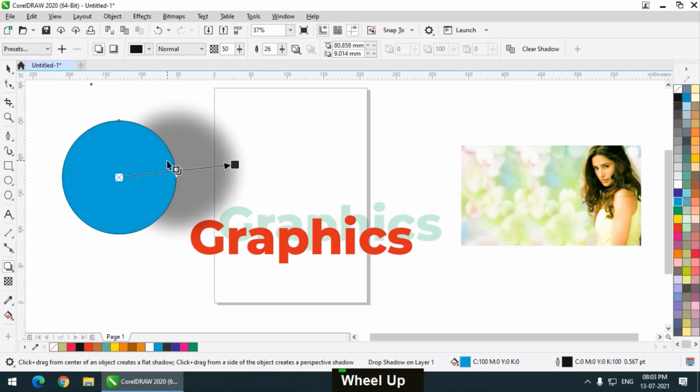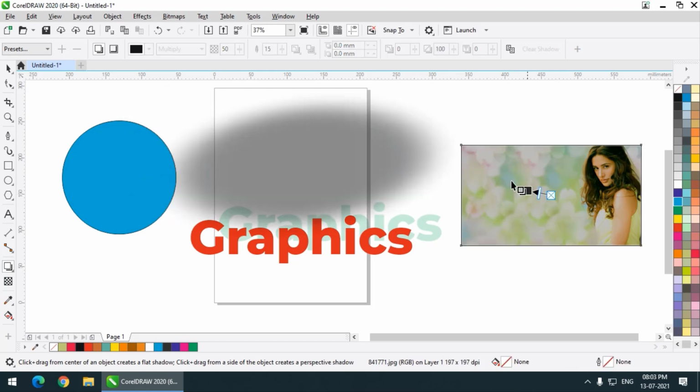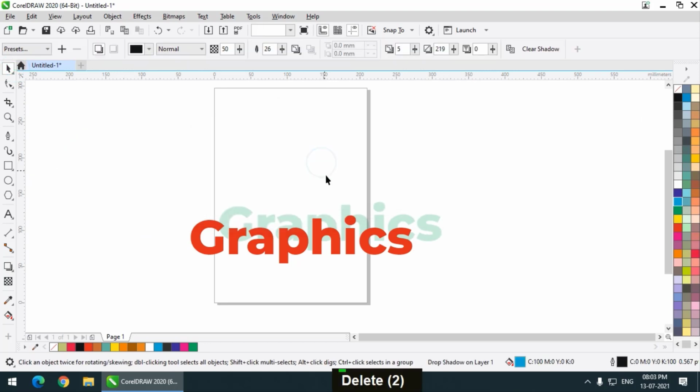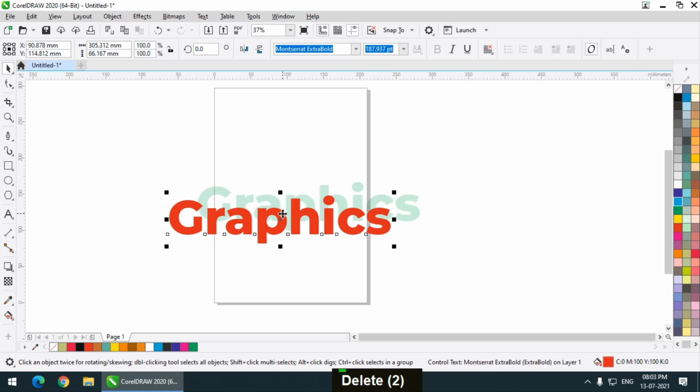So this is the outer shadow option and this is the inner shadow option. Both can be used, and these are the same options that we can change from here. Select, and we can change the angle and all other options. You simply have to apply and see it for yourself. These shadow options are very simple to use.